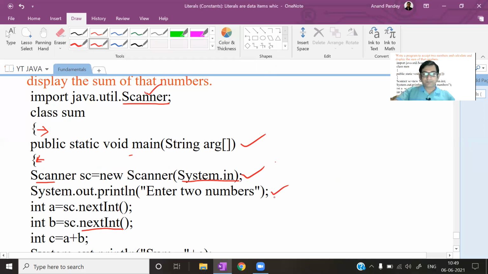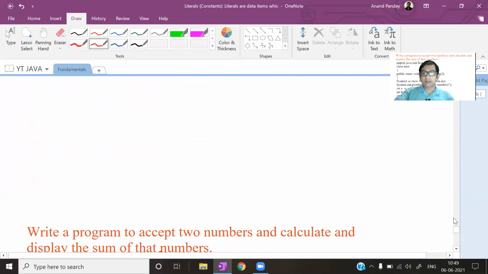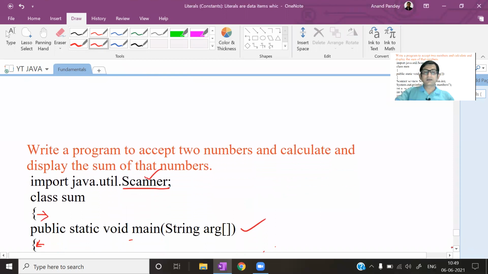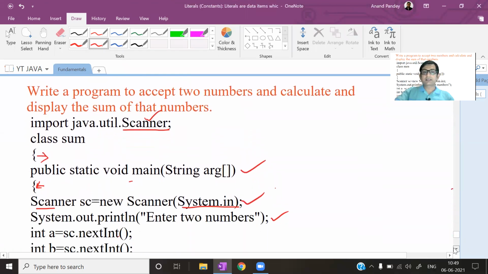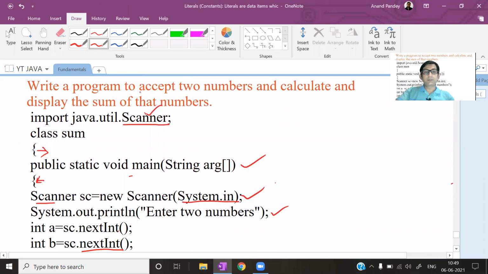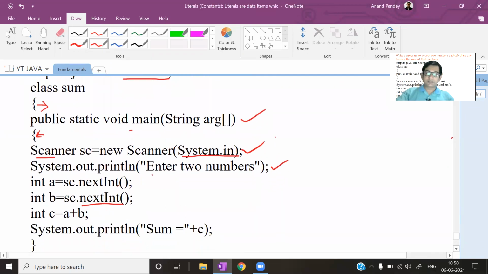Now coming to this line: enter two numbers. As you know, we have written this program to accept, see the question, see the program. The question is: write a program to accept two numbers. मतलब write a program to input two numbers. दो number input लेना है, user से input लेना है और फिर इन दोनों number का sum करके display करना है. So a proper message, we have to ask something from the user. This message must be displayed. जैसे program run करेगा, ये message आना चाहिए सामने. Enter two numbers. Then the user will enter two numbers.